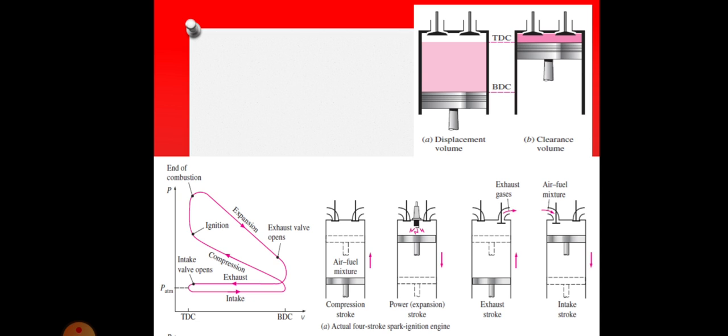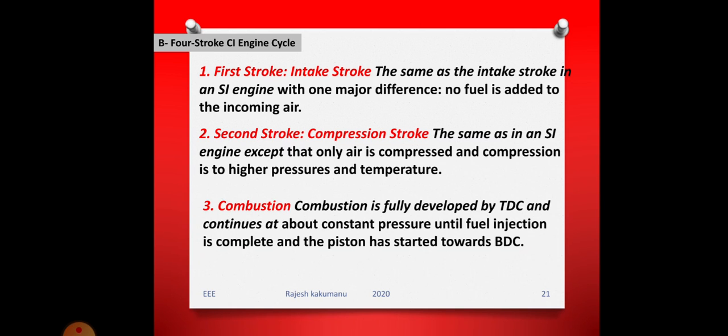Again in the expansion stroke, the third one, power stroke, it is going down, means what happens here? Here the volume is increasing and the pressure drops. Thereby the exhaust valve opens, thereby the burned gases or residues are going out in the exhaust stroke, where the volume is reduced, with the constant pressure. Finally the intake valve opens, again the cycle starts at the intake valve, which is shown in the graph. So like this the graph is drawn for the 4 strokes, right? Next, the 4-stroke CI engine cycle.